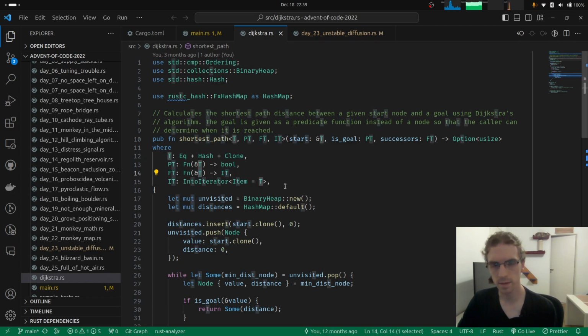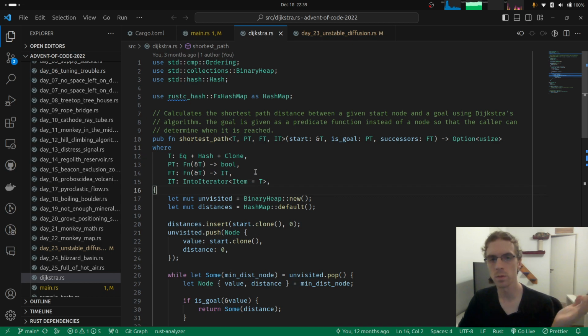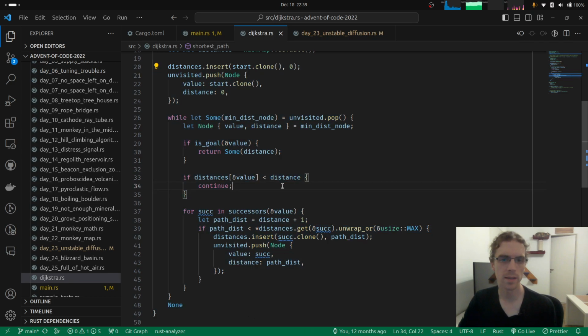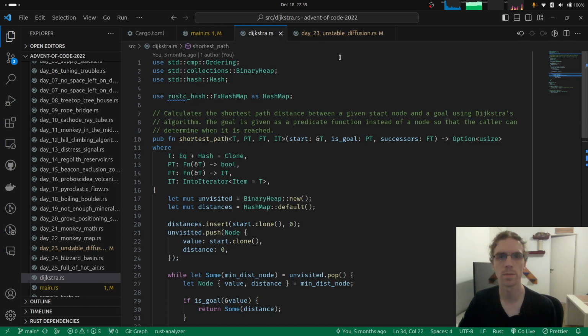Of just these t's. This is interesting because in this year, 2022, I didn't have any problem that required different weights while traversing a graph. So I just assumed that all the weights were 1, and that simplified this code, which is not that much. This is just a textbook implementation of Dijkstra's algorithm. That's what I did in previous years, and I think in 2021 I also did something like this, and I just copied it to 2022.